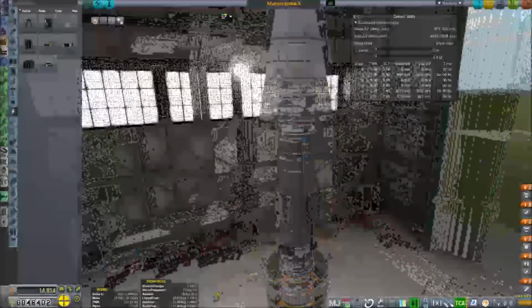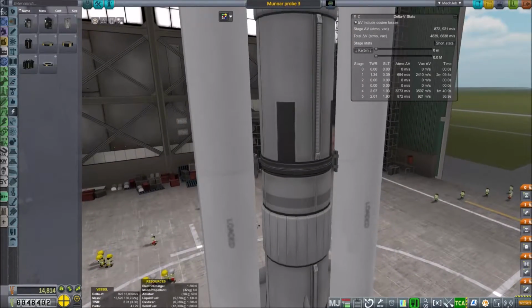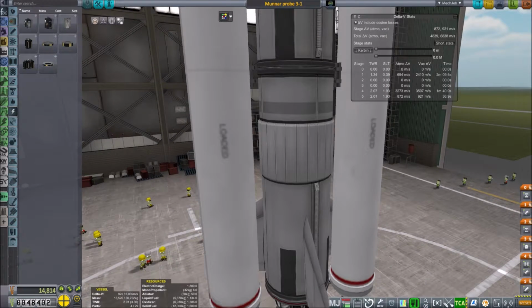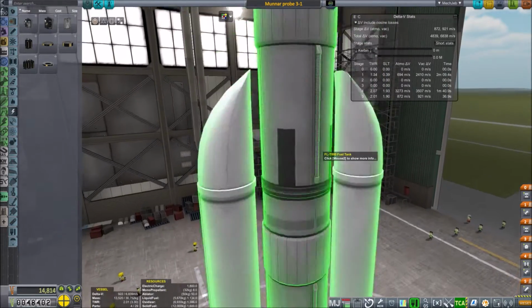Hmm, can I ditch something somewhere to get extra? I guess I can't. So let's change that to 3-1. Now, if I don't do something soon, I'm gonna run out of money because I'm doing pretty bad. But okay, I feel confident that this time I can at least do something because we got some more solar